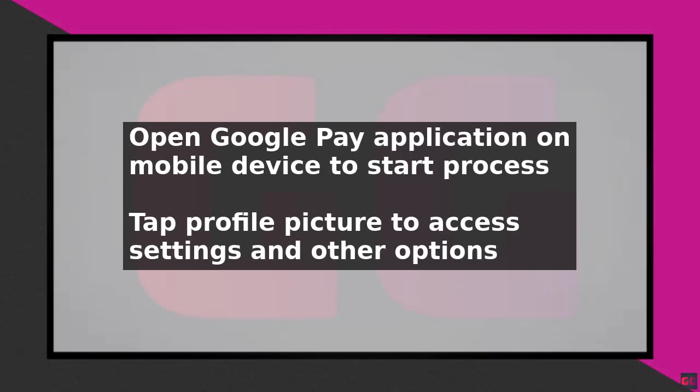To find the IFSC code in Google Pay, start by opening the Google Pay application on your mobile device. Once the app is open, you will see the home screen with various options. Tap on the profile picture or icon located at the top right corner of the screen to access the settings